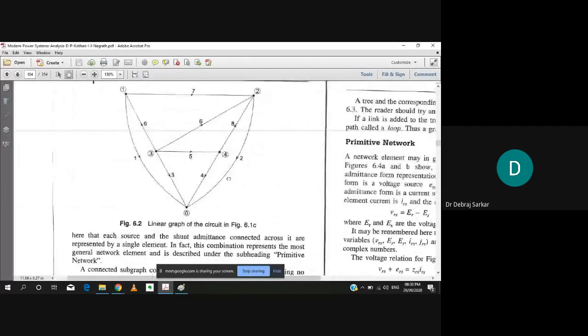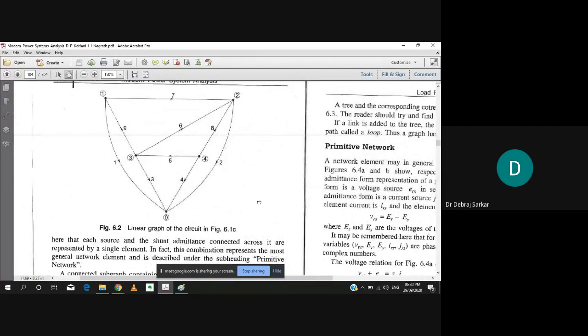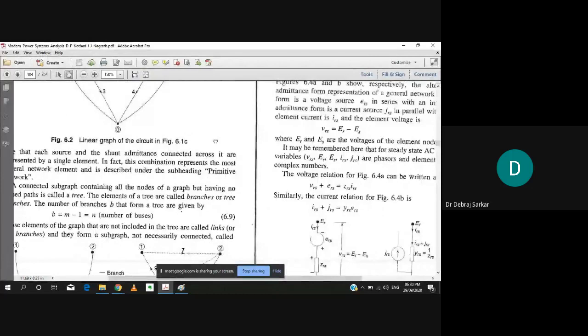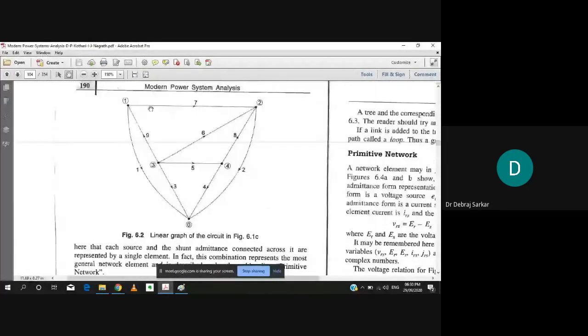So we were talking about this circuit. We're talking about this kind of graph, which is basically the skeleton of a circuit. It just considers the nodes. One of the nodes is taken to be a ground node. The voltages at different nodes are compared against that. You all know that. Now one node may be connected to the other node. This connection is termed as a branch or a link.